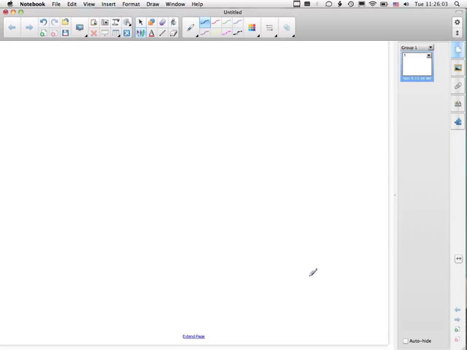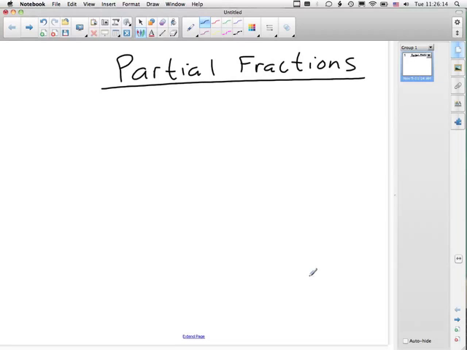Today we are going to be working on something called partial fractions. Partial fractions are something that you've been doing for a long time in algebra in reverse, but you've never done it forward. For instance, if I gave you